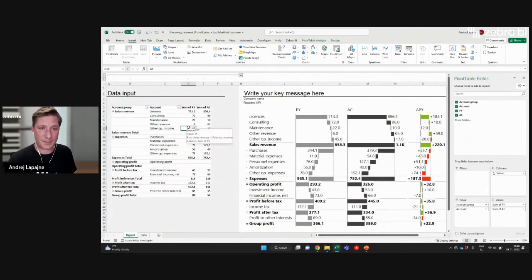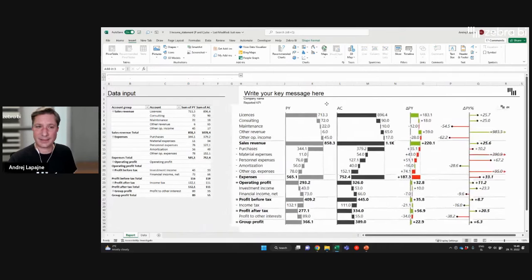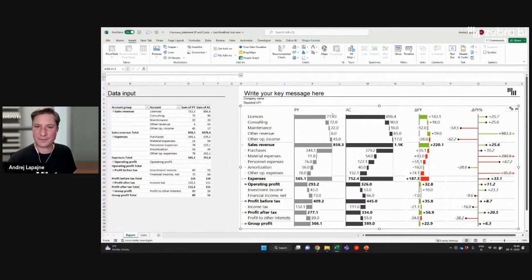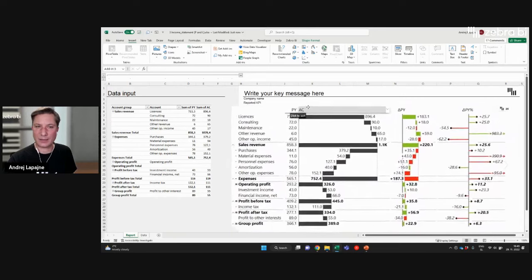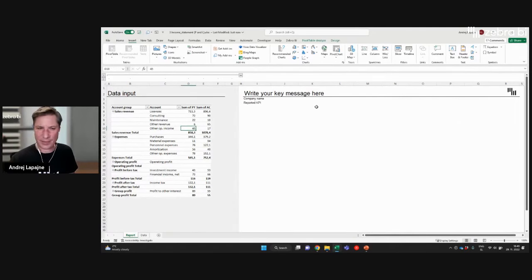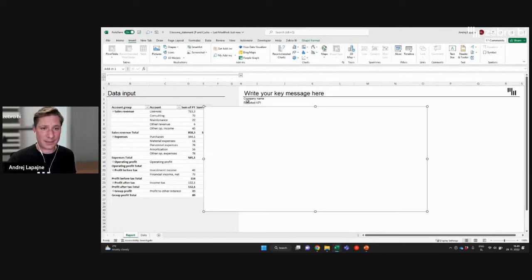Okay, and now from this pivot table I have created a fully visual and interactive pivot data report in one single visual, like this. Okay, let's try to recreate this, and I'll show you a couple of advanced features that you will have to use in your financial reports. So let's start with